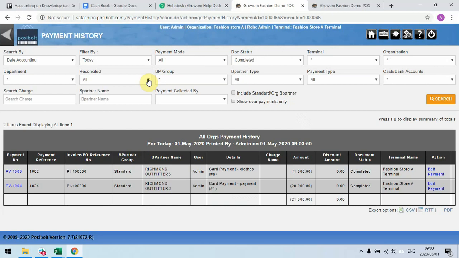Click the payment history. Now, this report displays all the payments made in the system, be it by the customer, for the vendor, or for employees. So you can search by date of accounting, by today's date, by payment mode, by doc status. In the date of accounting, your transaction date, you can filter by that. You can filter by terminal, you can filter by reconciled, yes or no,